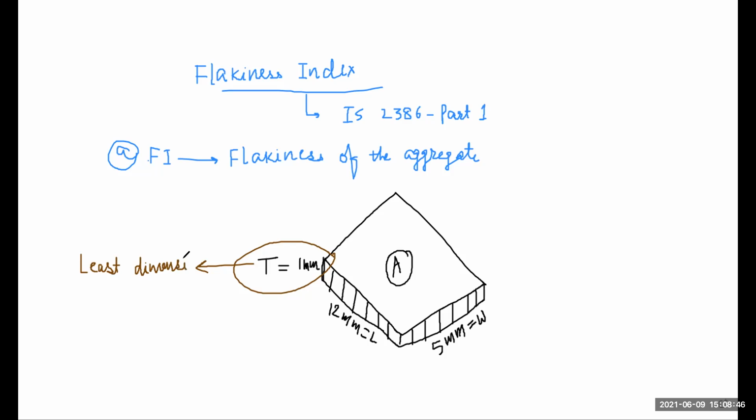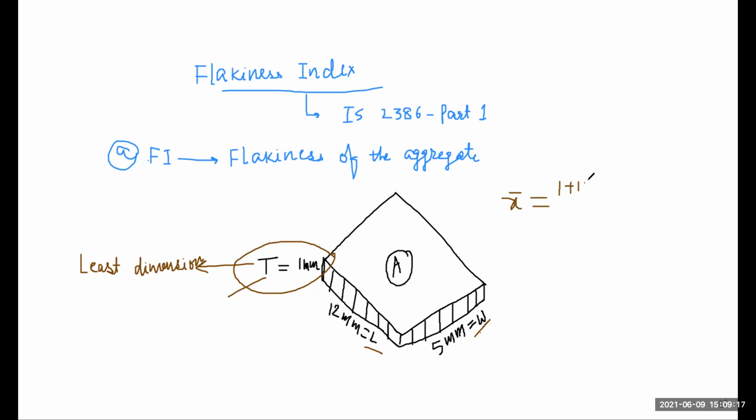So this is my least dimension. Now the next part is to find the mean of the aggregate. Here we have three dimensions: width is one dimension, length is another, and thickness is another. So we just take the mean of these three dimensions, that means x bar is equal to 1 plus 12